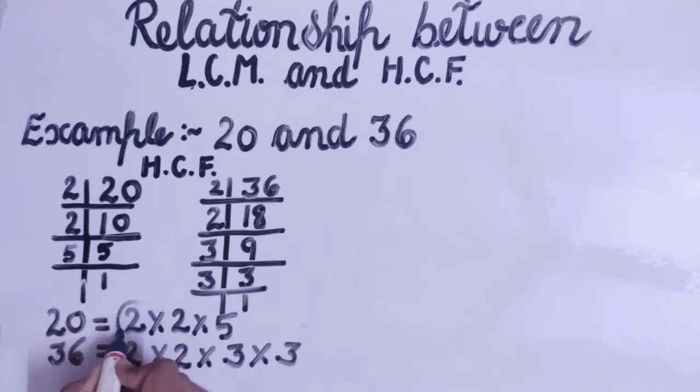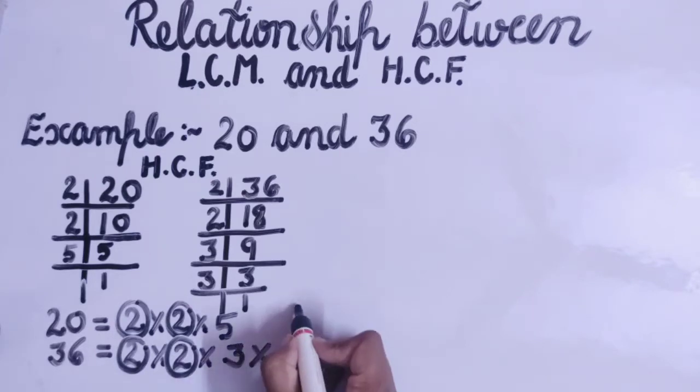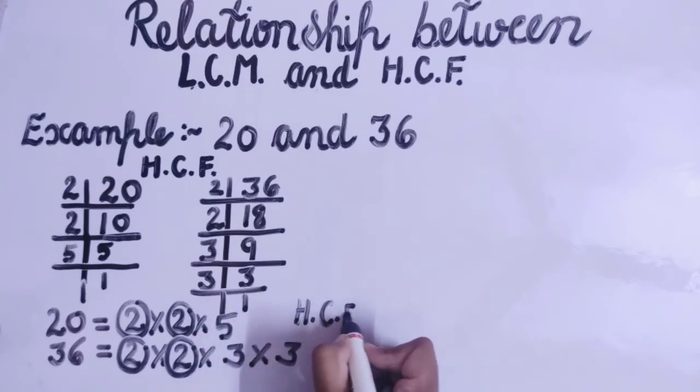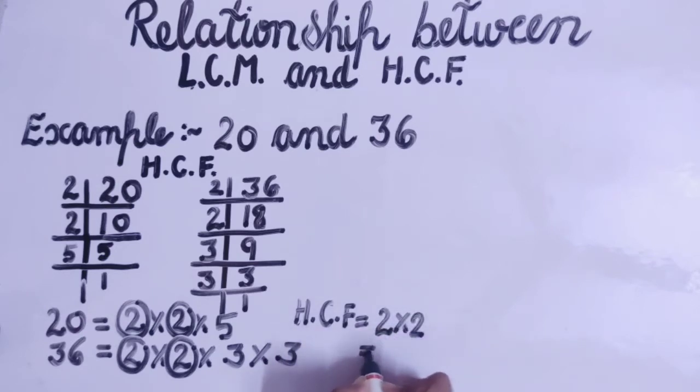We can see 2 is a factor of 20 and 2 is a factor of 36. Once again, 2 is a factor of 20 and 2 is a factor of 36. Except these two, is there any number which is common? No. So I can say that the HCF is 2 multiply 2